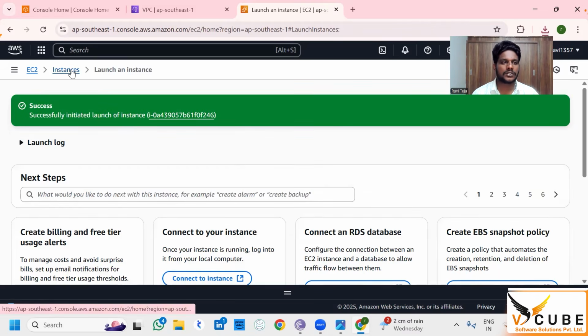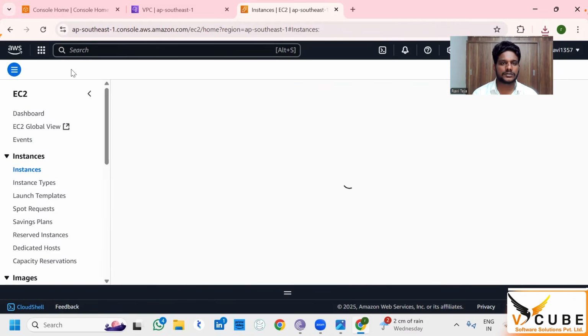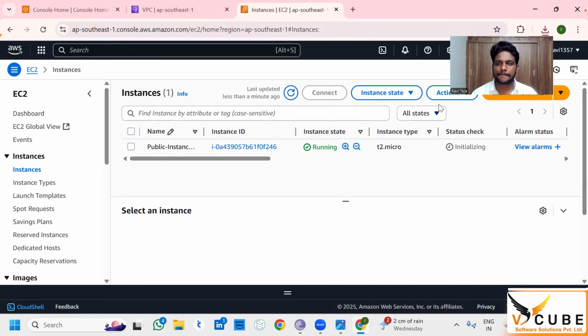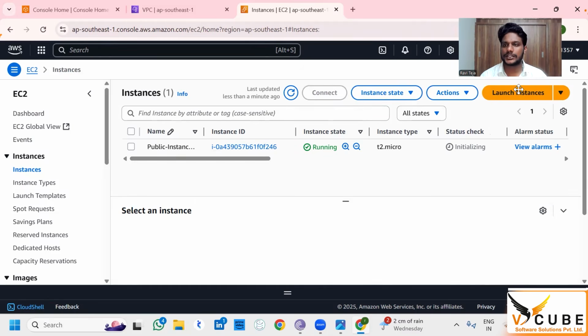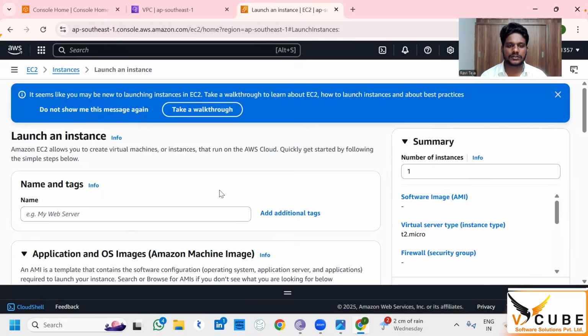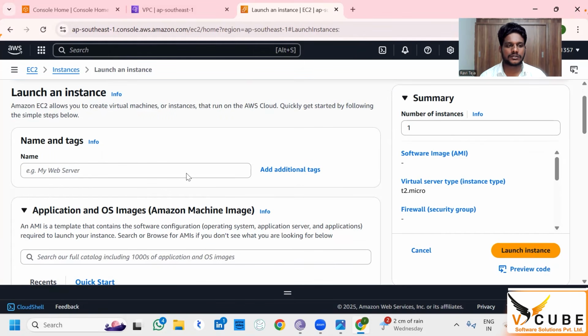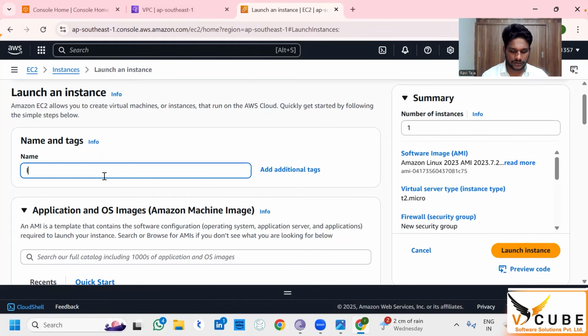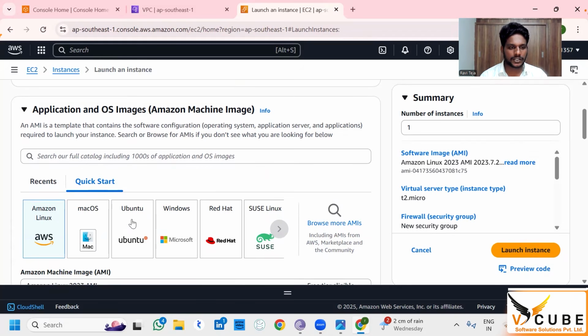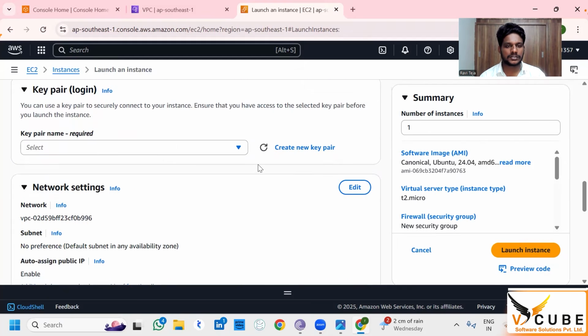Okay, similarly you have to launch another instance as well. Launch instance. Instance 2, so public instance 2. Select Ubuntu here. You can select Amazon Linux as well. In my case, I am going to select Ubuntu. Then just come down, select the key pair,